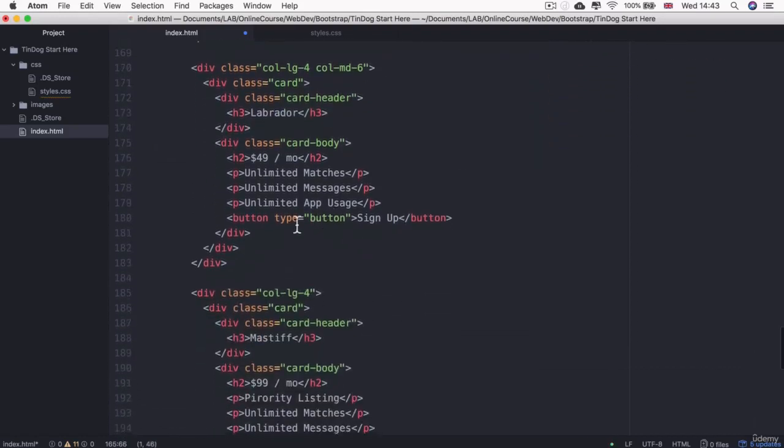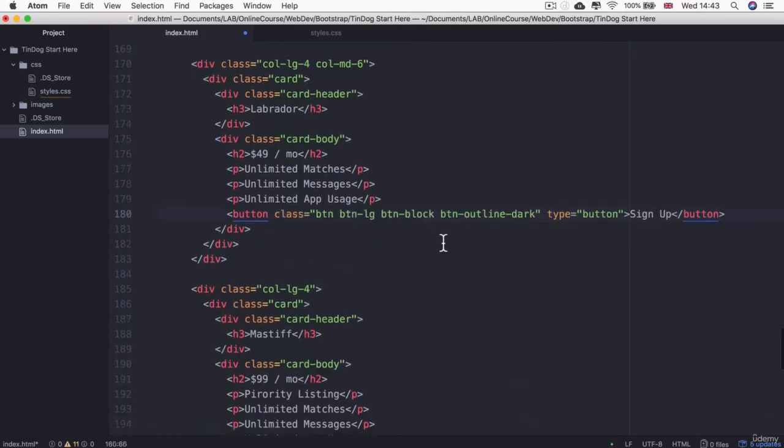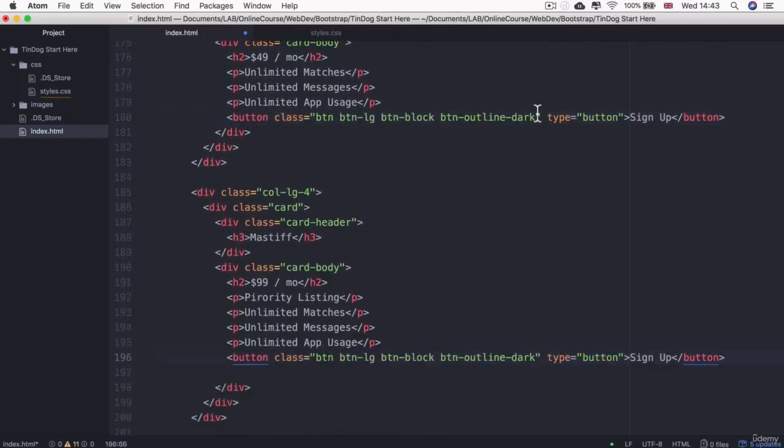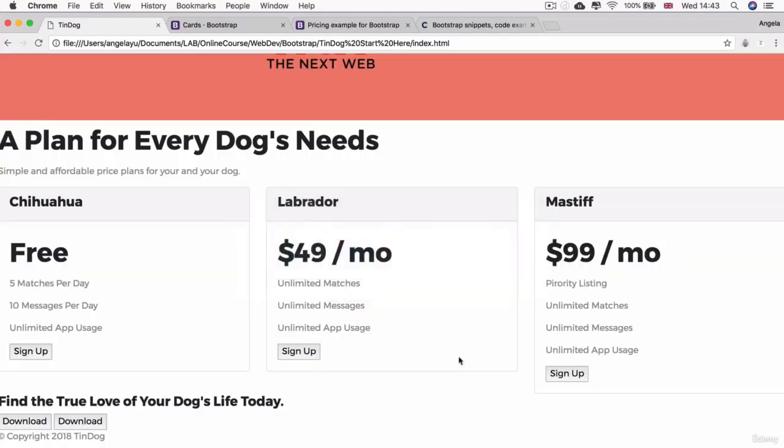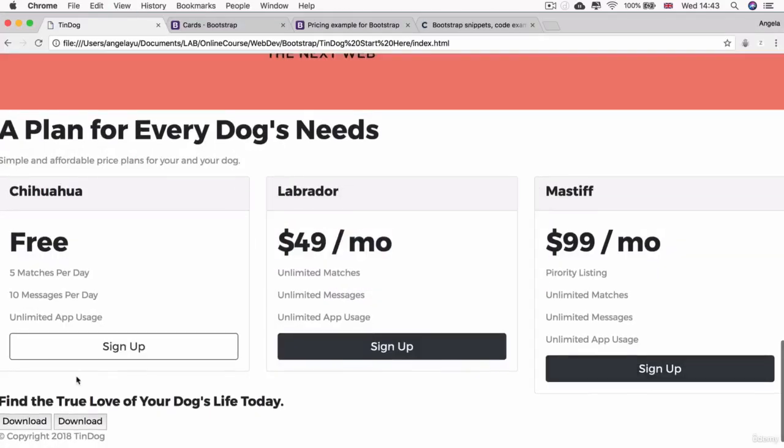And the other 2 buttons are going to have pretty much the same classes, apart from the fact that they're not going to be outline buttons and they're going to be just BTN dark, as in the solid buttons. So let's hit save and let's refresh, and voila, our beautiful buttons have appeared. So now all we need to do is just to change the CSS a little bit to customize the layout